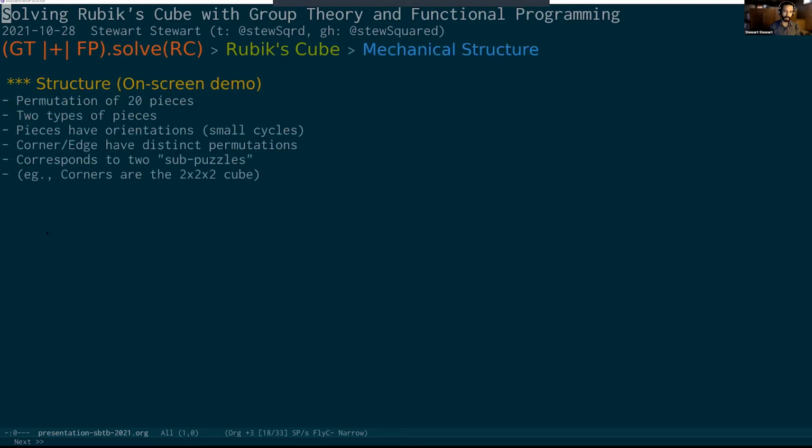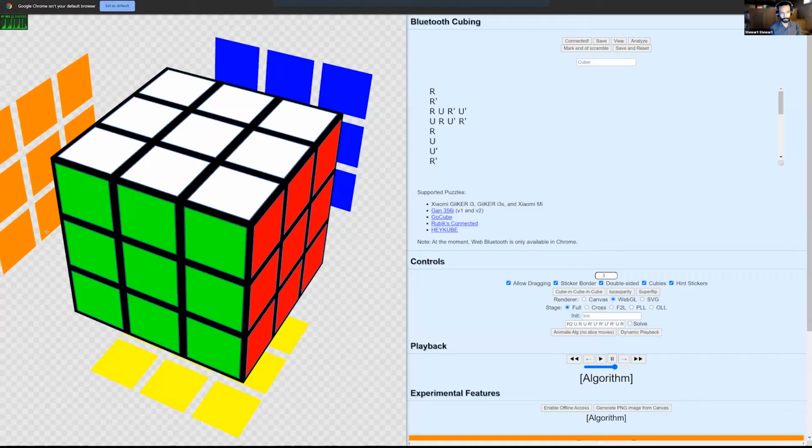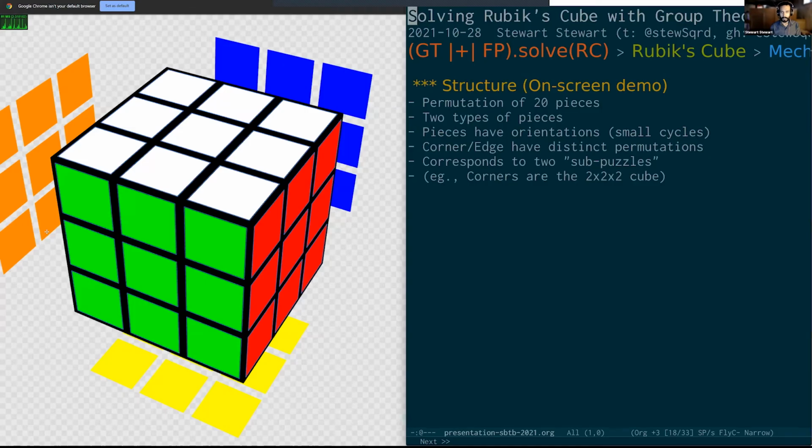Okay, so now we'll look into the Rubik's Cube. Naively, you can think of this as a permutation of the stickers. So it sort of makes sense to represent it as a permutation, but there is more to it than that. Let me pull this up. It has some structure, some rules that we can encode into group theory. So for one, let me pull up an image for you here. There are 2 types of